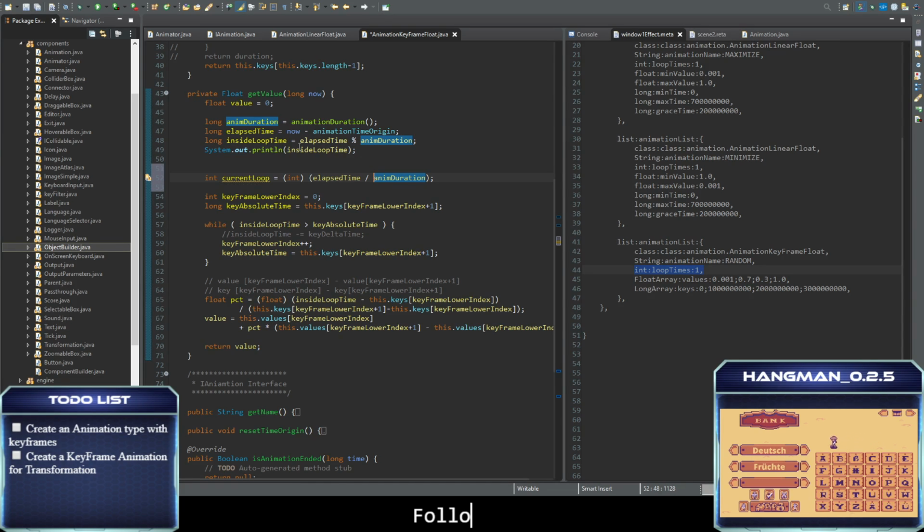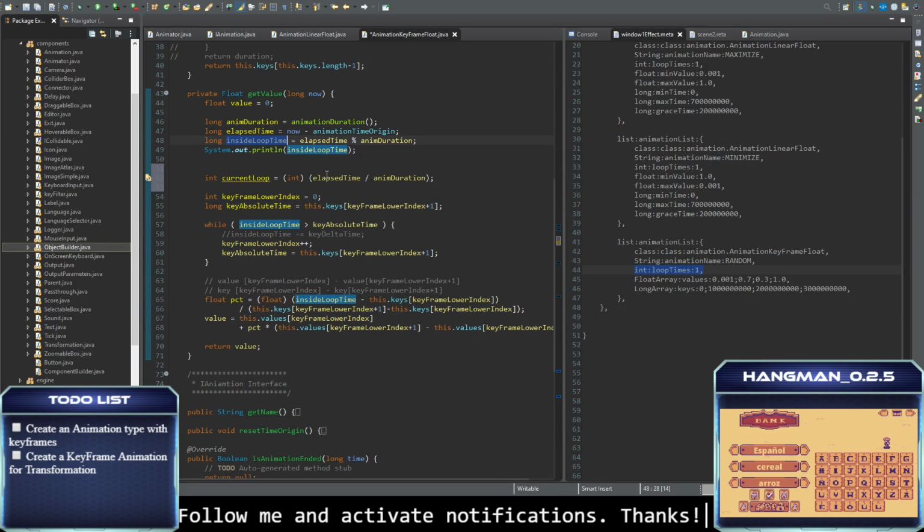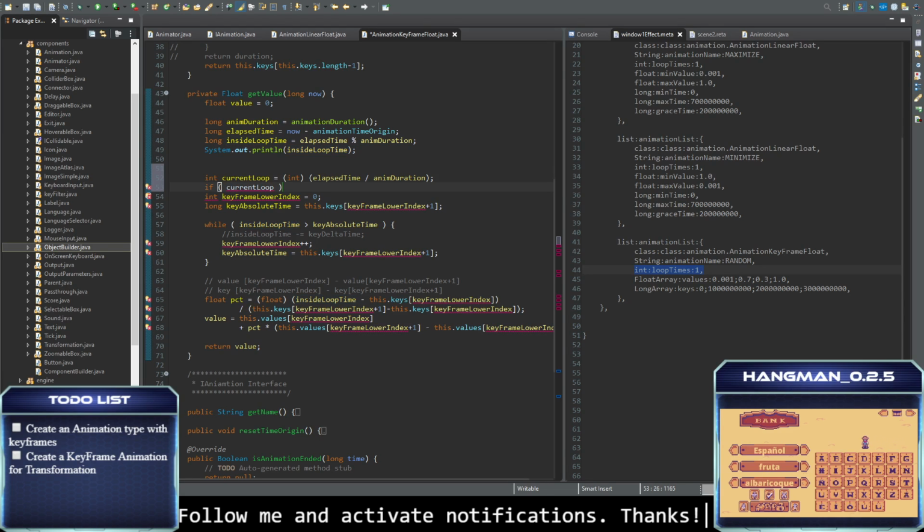So inside loop this time we are getting the remaining. And here we are getting the elapsed time divided by animation, so we get 1, 2, 3. So here, if current loop is below or equals this dot loop times, then do all of this,